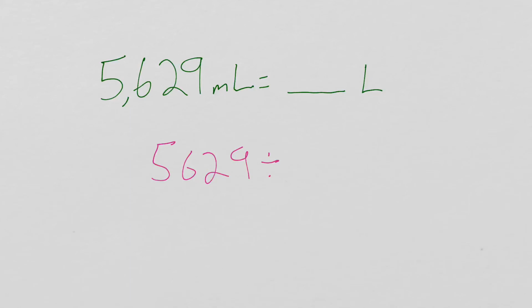And then what are we dividing by? Well, how many milliliters are in a liter? Well, 1,000. How many of those pieces go into each box? 1,000. All right, and again, you can use your calculator for this. That's perfectly fine. But if you didn't want to use your calculator, you do it very similarly to the way